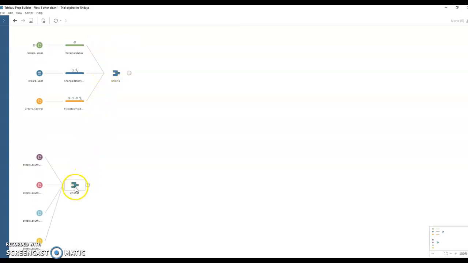Now I'm going to take the union of the South. Remember, the South had 4 separate files, which we already joined as one union. Okay, I'm going to take that whole union file, bring it up here, go to the left where the add is. Okay, so now all 4 divisions that are cleaned up and ready to go are in this one union